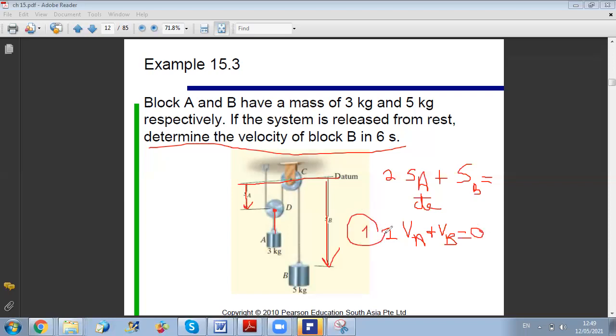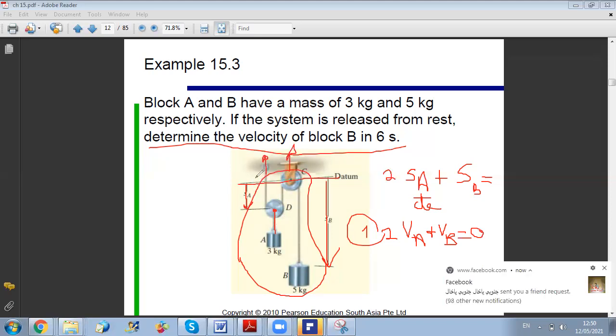Now we want to write the principle of linear impulse and momentum. Okay, if you remember when we worked with this problem in work and energy, we took the whole system. We said then why we considered the whole system, if you remember: because the reaction here and the tension in the cable are applied at fixed points, so they will not do any work. This is why when we take the whole system there is only work of A and work of B.